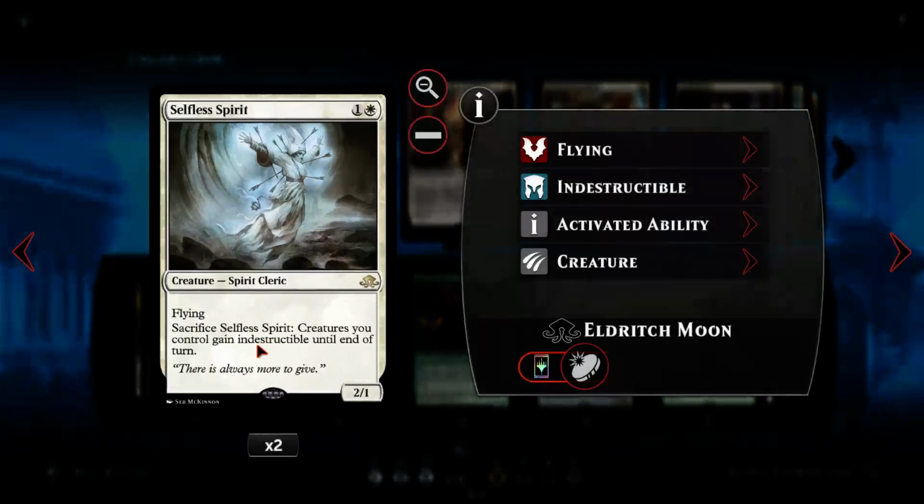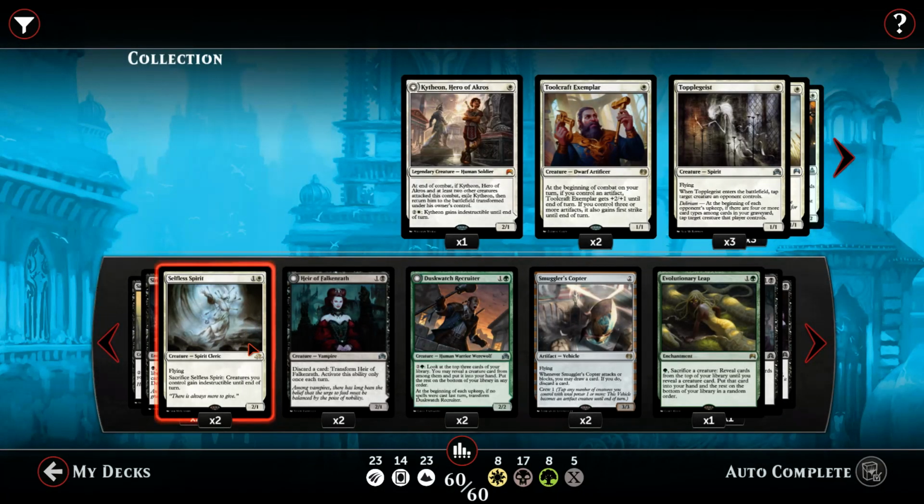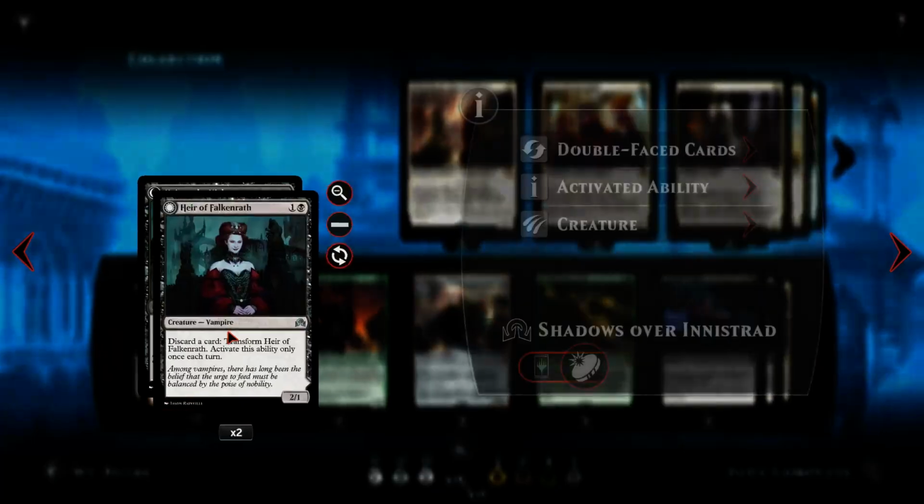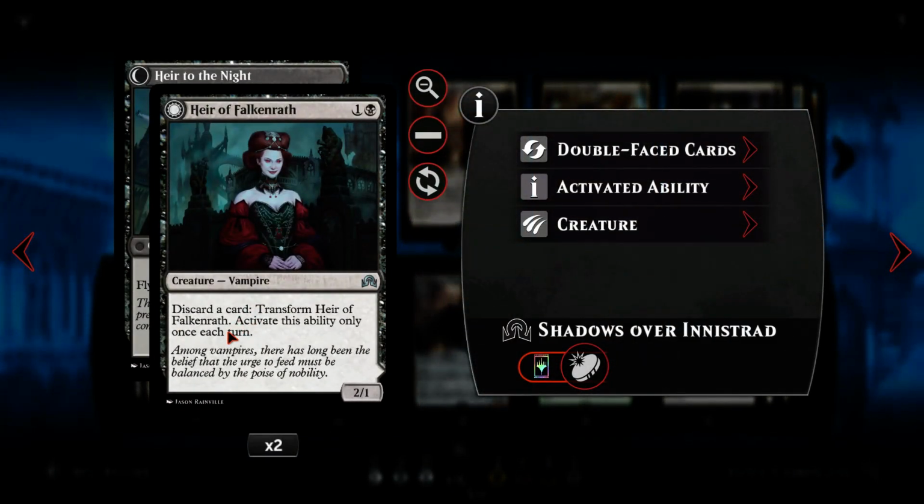That's why we run the Selfless Spirit. Very nice protection, because this makes the opponents try to remove this before the other creatures. Other than that, this saves our creatures from certain death. Heir of Falkenrath might become good. I haven't tested enough, but I like the fact that we can